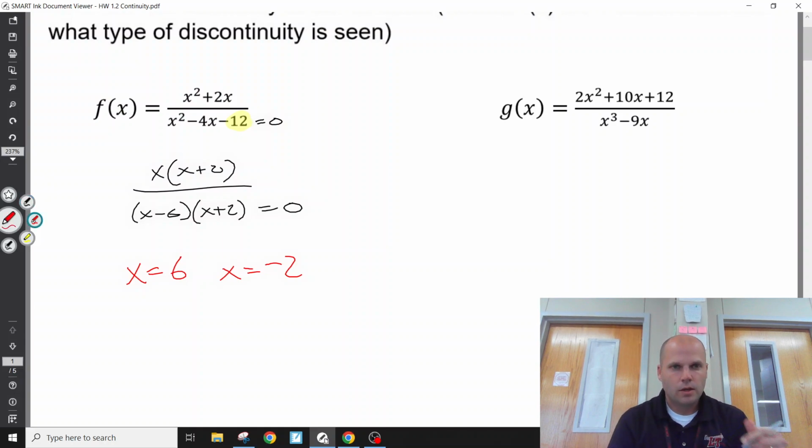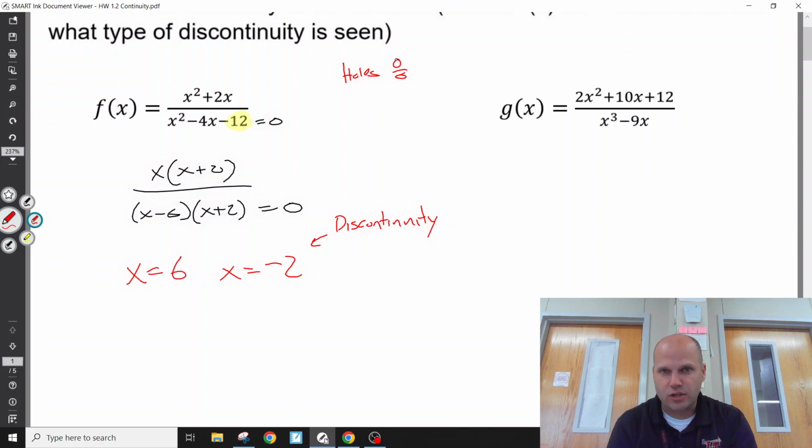All right. Now we got to figure out the type of discontinuity. We can't just say this is my answer. These are when the function is discontinuous. It is true. But we want to know the type. Okay? Reminder. Holes,